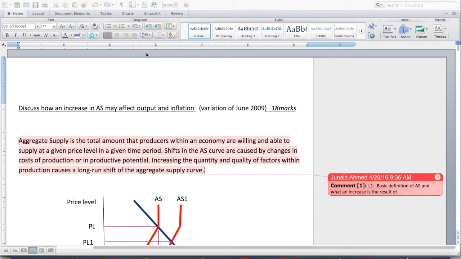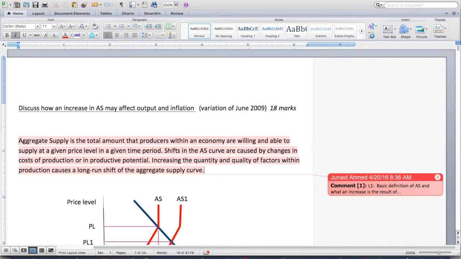All right, we're going to take a look at an essay that has not been in a past paper, but it's a variation of an essay that was done in a past paper. So in June 2009, the question was about how an increase in aggregate demand may affect output and inflation. I'm writing a variation on it because you guys have the mark scheme, you can attempt it, but I want